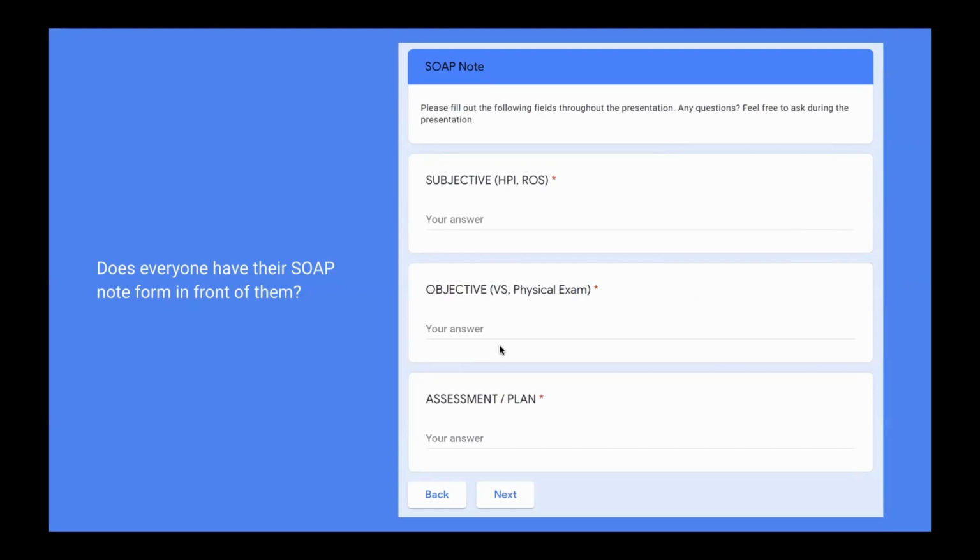Now, this differs from objective because, like it says here, objective things are not necessarily things that the patient tells us. So if I'm the patient and I say my stomach hurts, that would be a subjective complaint. But if I press on their stomach and they wince, then that would be abdominal tenderness, and that would be an objective finding because that's something that I'm seeing in them that they're not telling us.